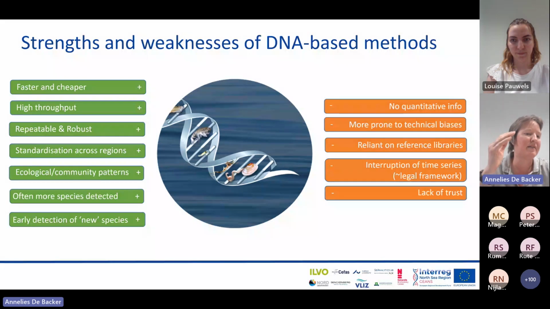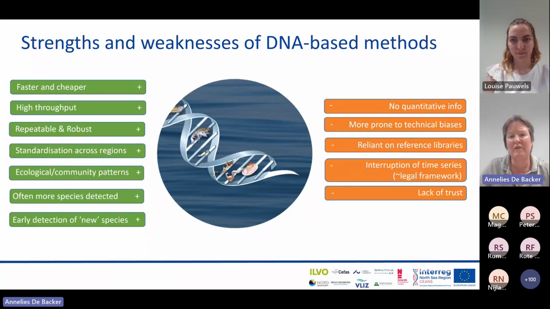We also showed that DNA-based methods are able to pick up community patterns in a similar way as traditional methods do, and they often detect more species, and they're also better in detecting new species, for instance, non-indigenous species, earlier than traditional